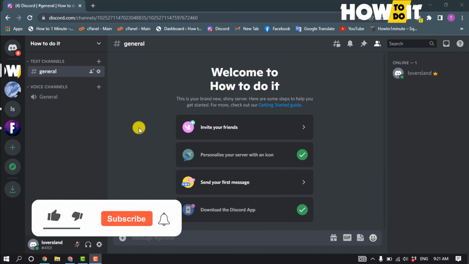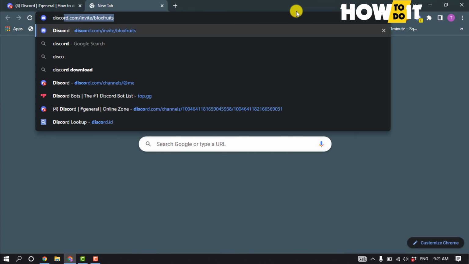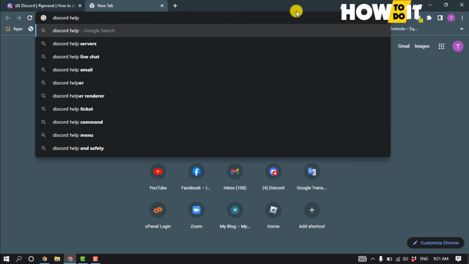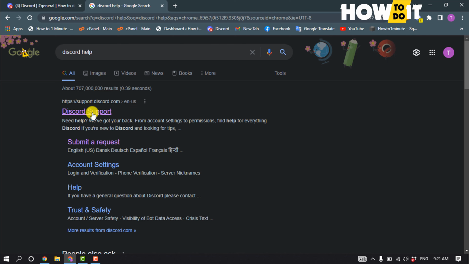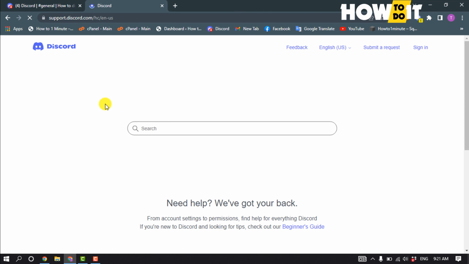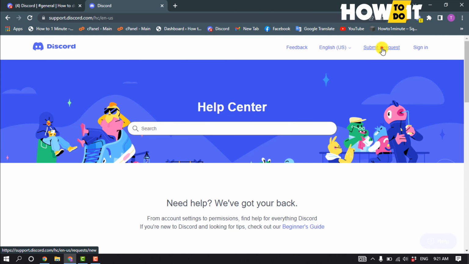So basically inside of Discord there is no option to change birthday. So you have to open a new tab and type here Discord help, and open this first link, Discord support, submit a request,